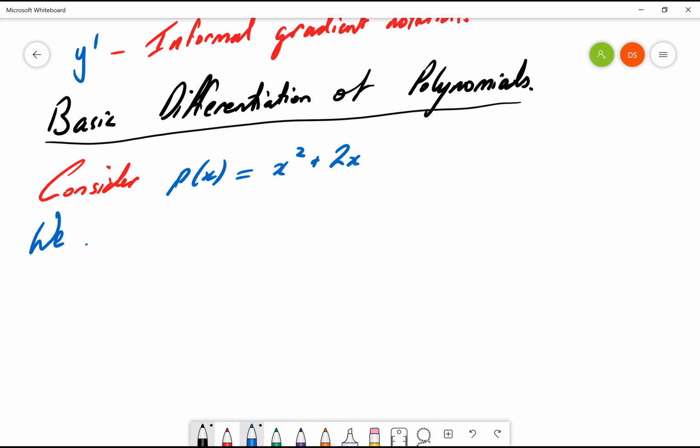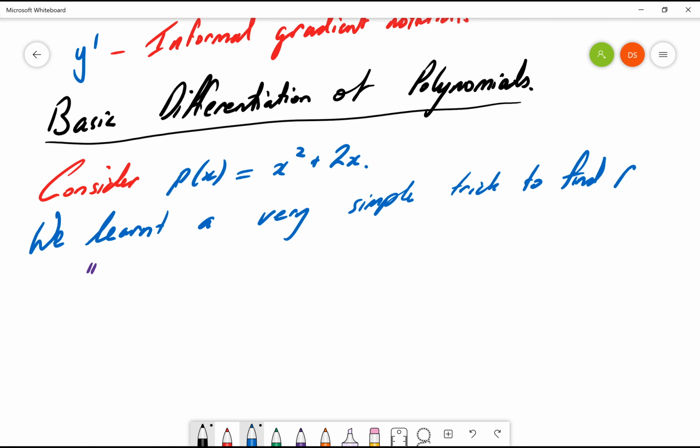We learned a very simple trick. And I'm going to write it in my words. It is, to find p dash of x, or the derivative. Okay, and this is, in my words,